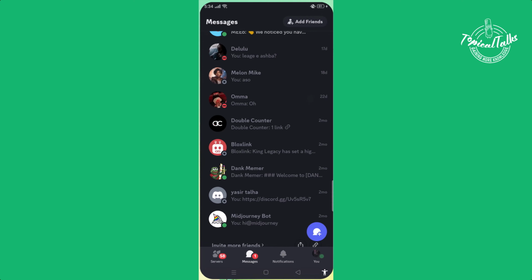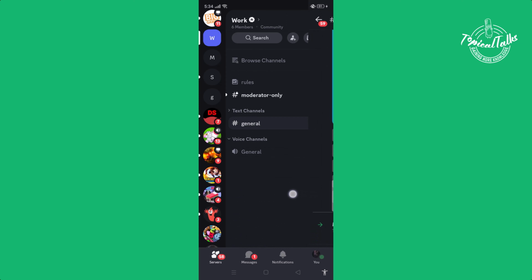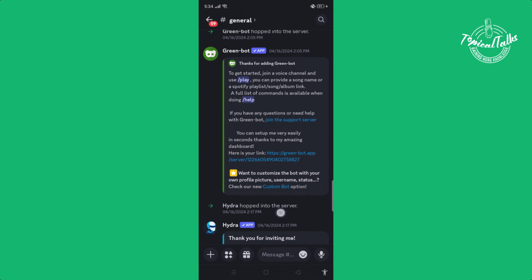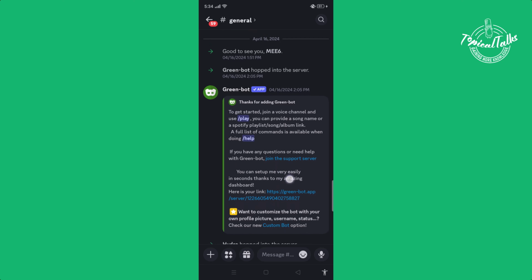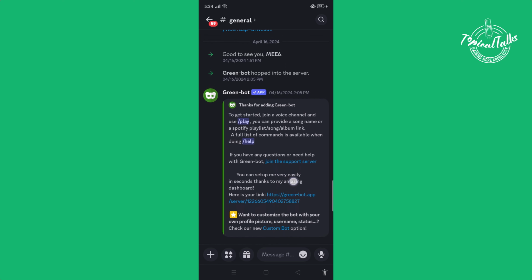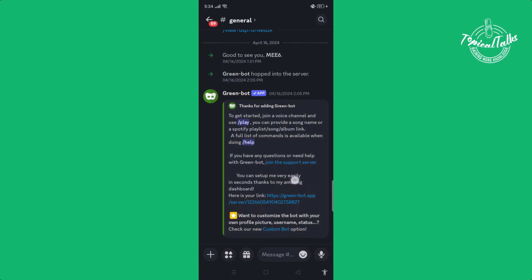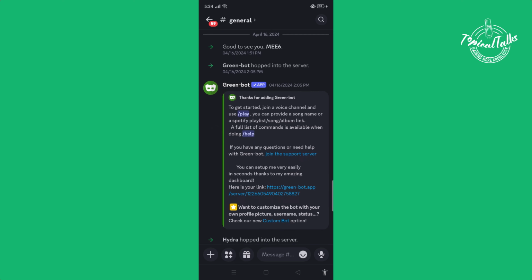First of all, open your Discord and go to your server where you want to play music, and then you have to add a music bot like Green Bot. You have to add this bot to your server,